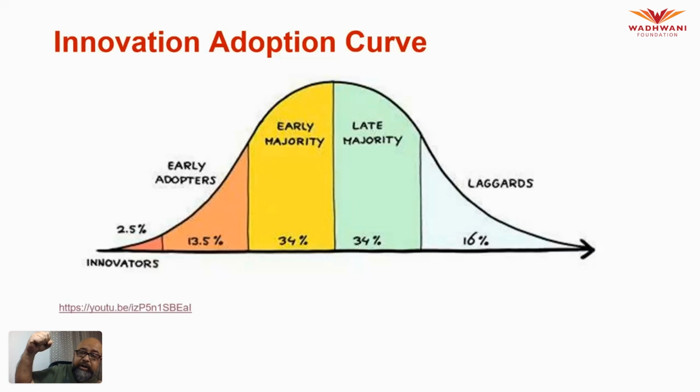What is early majority and why is early majority the bulk of your sales? They are the ones who will actually give you the highest revenue because they're the ones who will not ask for discounts. Then you've got late majority, the late adopters, who are looking for some kind of discount to go ahead and buy your product. And then you've got laggards. Now this entire 100% is split 2.5, 13.5, 34, 34, and 16.